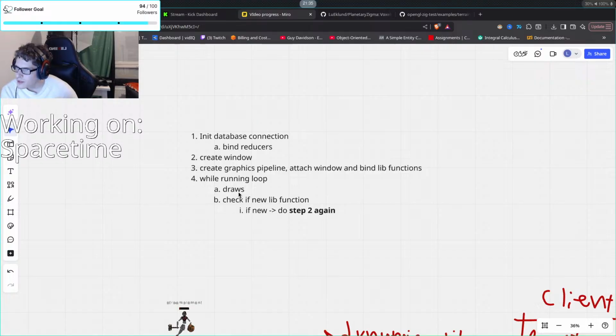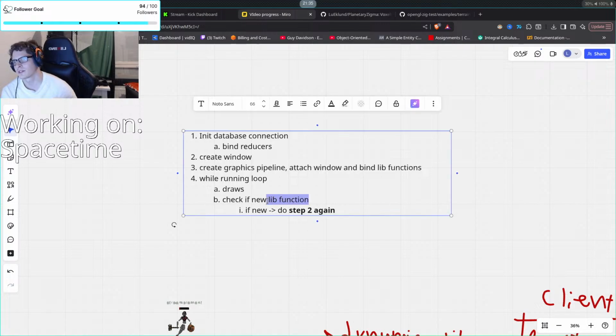While running loop, draw, check if new lib functions or check if updated dynamic lib, and then do step 2 again.